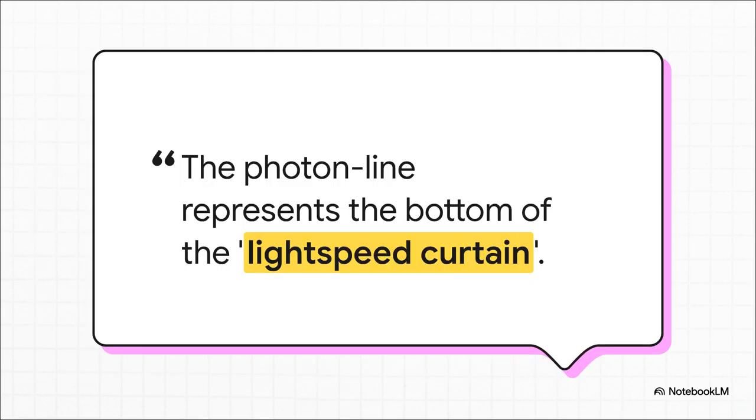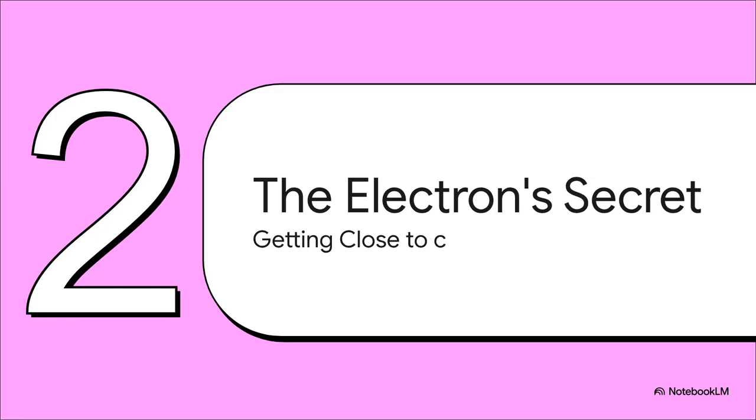And a really cool way to think about this is something called the light speed curtain. Just picture this invisible wall at the absolute edge of what's possible. You can throw things at it, push them faster and faster, but if something has mass, it can never, ever break through that curtain. Okay, so you're probably thinking, wait a minute, if electrons can't reach the speed of light, how on earth can they tell us what that speed is? And that is the perfect question. See, the secret isn't in reaching the limit, it's in how they act when they get really, really close.